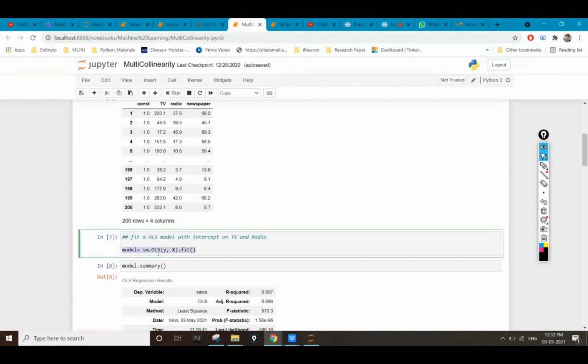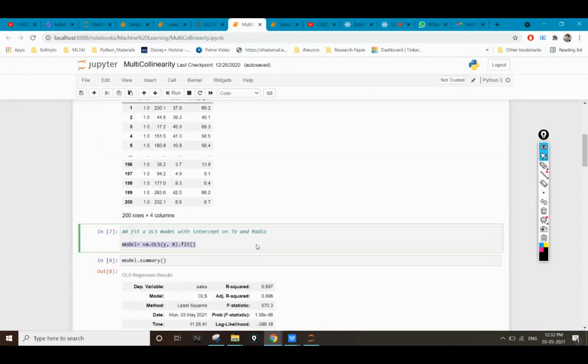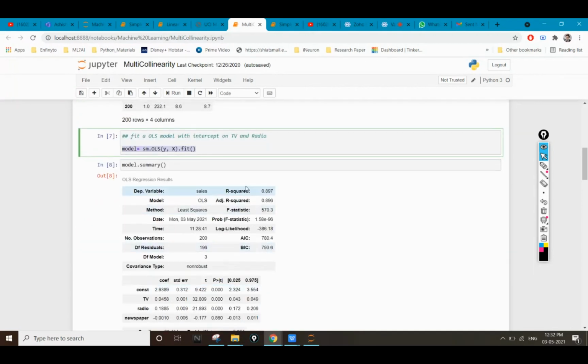See here, statsmodels, not linear regression. I'm just trying to fit it with least squares with the help of stats. I'm not plotting a machine learning graph here, so I'm not splitting into training and testing parts, because for machine learning we require training and testing. I'm not trying to create a model here. I'm just trying to give the value of R square and the correlation. That's why I'm using statsmodels.